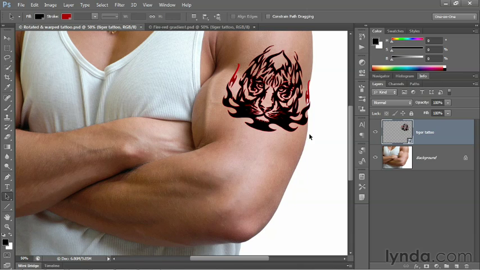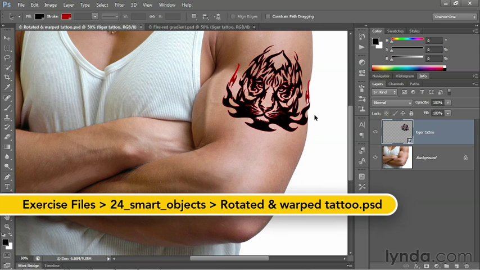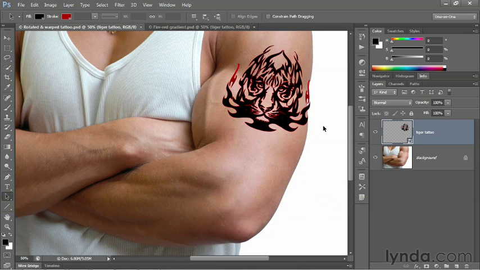In this movie, I'll show you how to blend the tattoo in with the flesh of the arm, and I'll also show you how to blend away these little bits of flame that are extending beyond the arm. And this will serve as a kind of advanced preview of the sort of blending options that we'll see in a future chapter. So for starters here, you want to double click on an empty portion of this layer